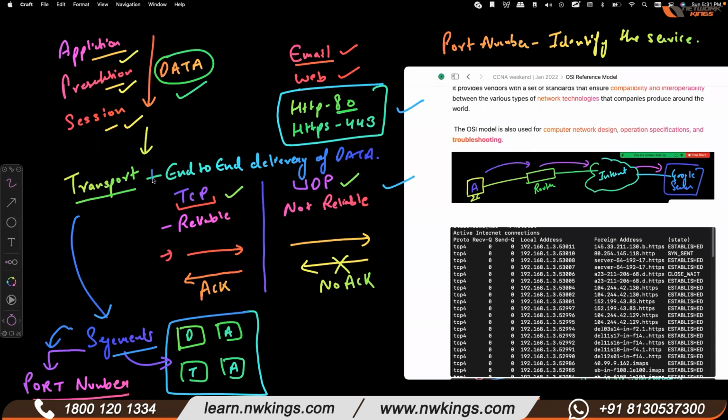First, it provides end-to-end delivery of data. Second, the transport layer has two protocols, TCP and UDP. Third, the transport layer provides segmentation. This process is called segmentation, dividing the data into smaller segments or parts. तो बड़े डेटा को छोटे छोटे टुकड़ों में बांटना, big data into smaller chunks is called segmentation, and smaller parts